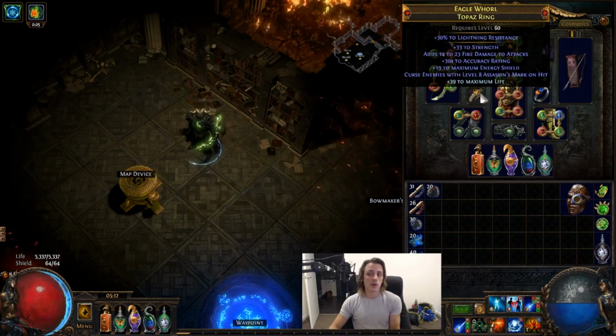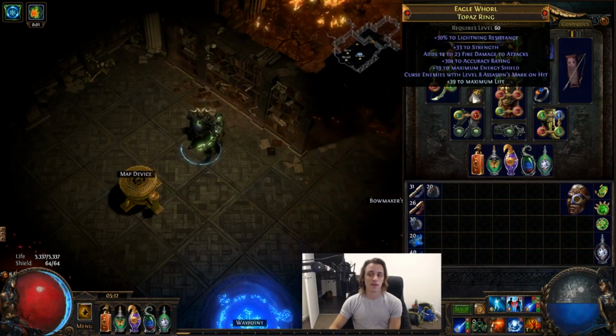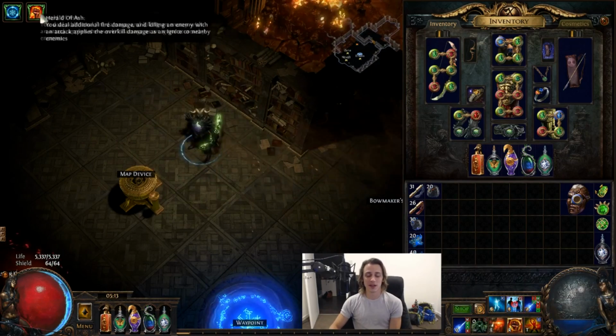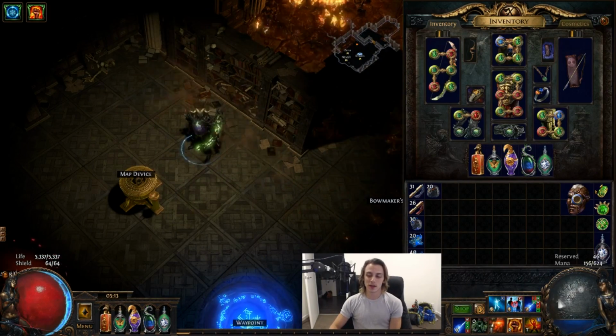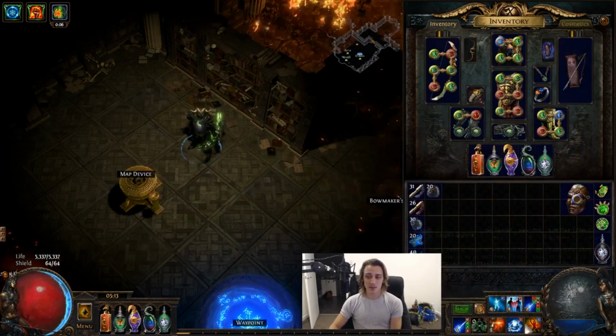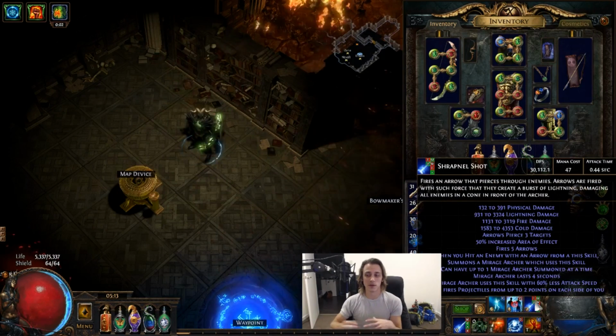It's not terribly important. You could easily just get away with a self-curse every now and again on tougher things, because it doesn't really help all too much, I don't think. I am running a Hatred and a Herald of Ash. Otherwise, you could probably just run a Blasphemy if you really want to. And I am running a Frost Bomb for extra damage, because we do deal quite a lot of cold damage,